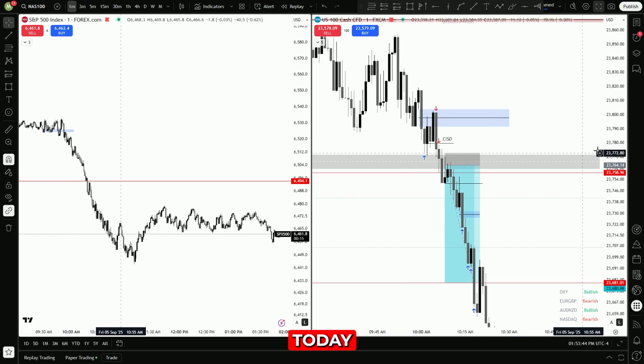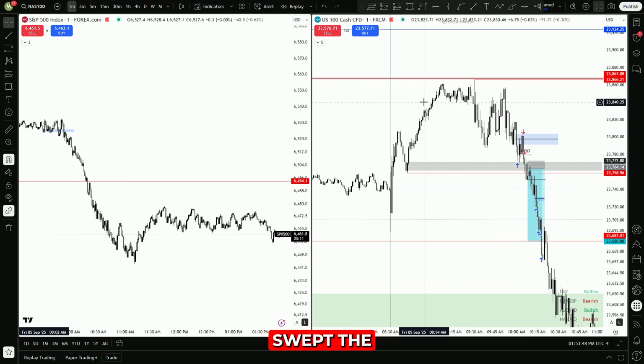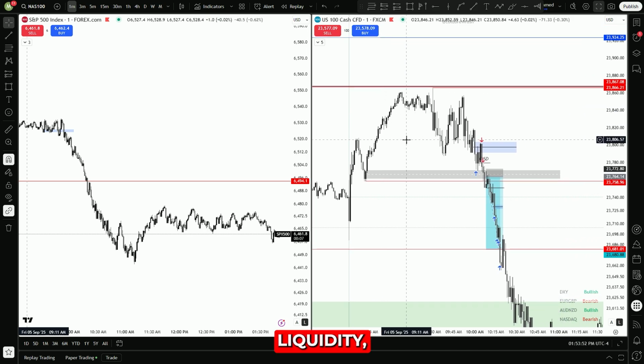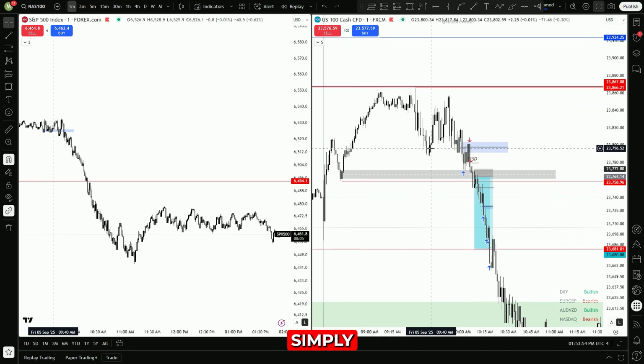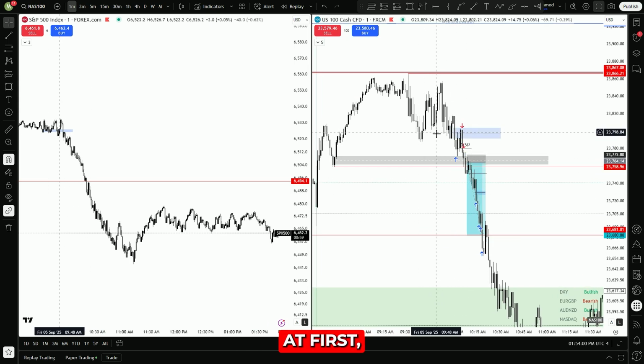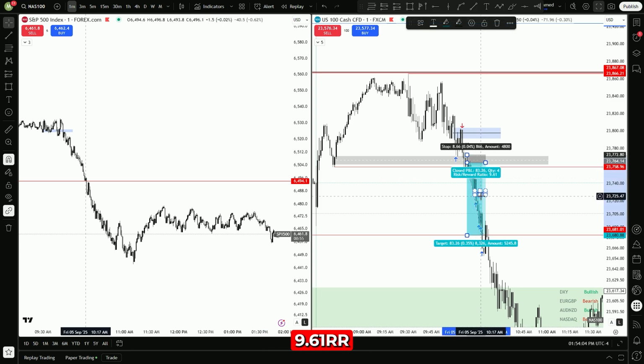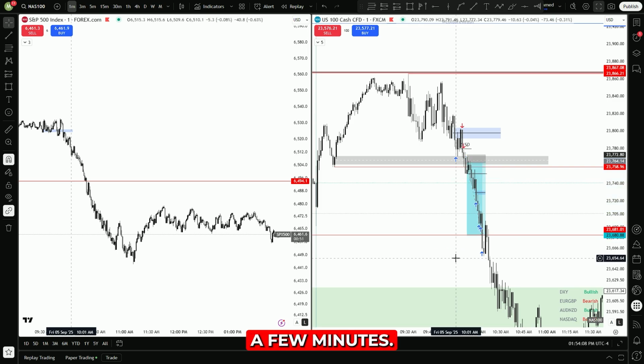What I did today was, I was in a bias, but when I saw that we just swept the weekly and the daily buy side and sell side liquidity, I simply shifted my bias, and I was just waiting for sells. And that's what I did over here. I got stopped first, but then I booked a good ratio of profit, which is like 9.61 RR and 83 pips in a day in just a few minutes. That is what we call